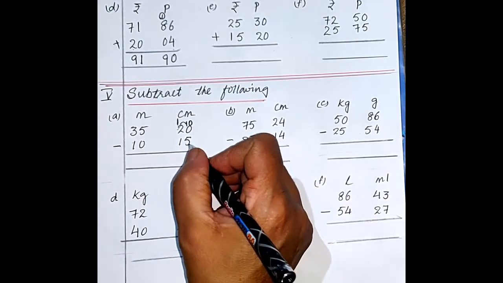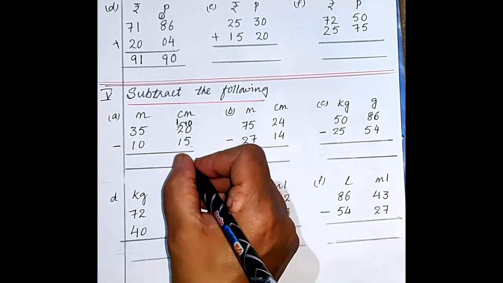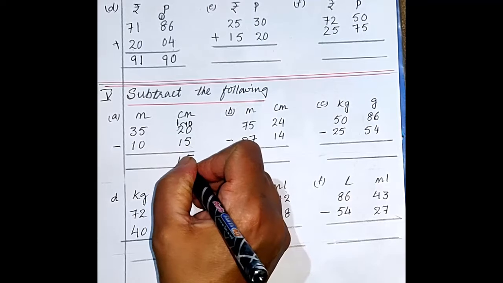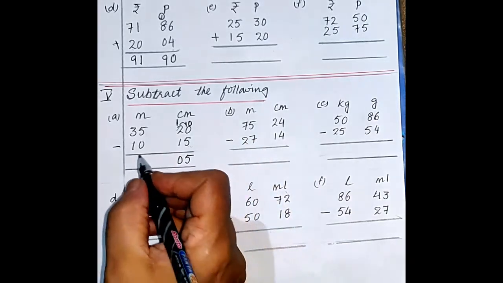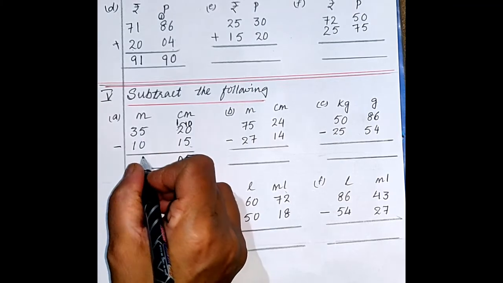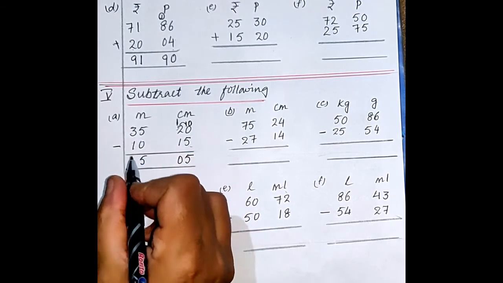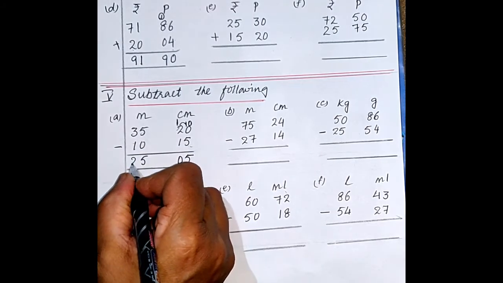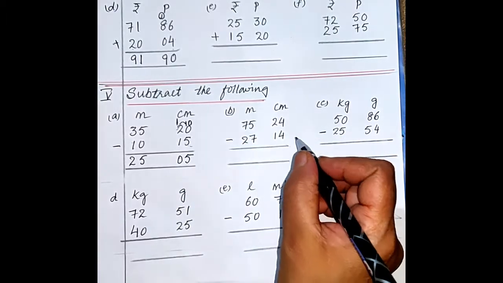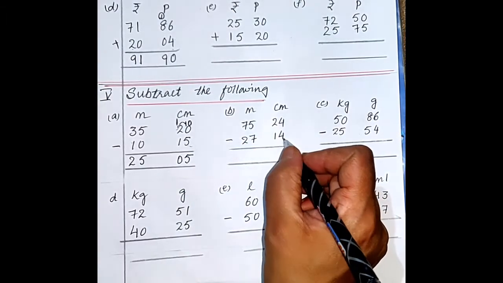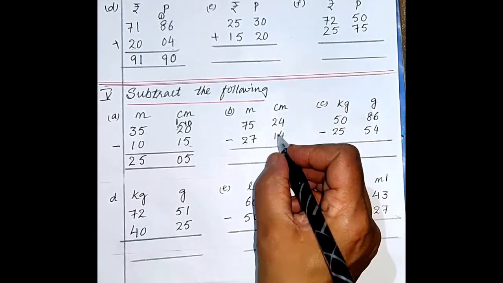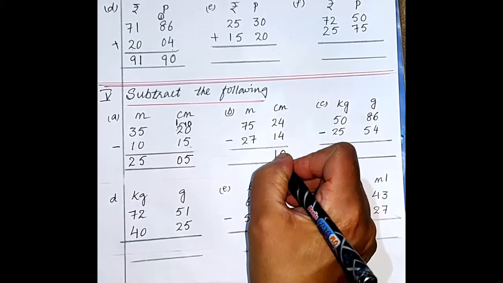Now 10 minus 5 is, after 5, 6, 7, 8, 9, 10. 5 is left here. Okay, 1 minus 1 is 0. Now 5 minus 0 is 5, the same number will come. Okay, 3 minus 1 is 2. Okay, it's very easy, please do very carefully. Now 4 minus 4, if both the numbers are same, what you will get? You always get 0. Now 2 minus 1 is 1.